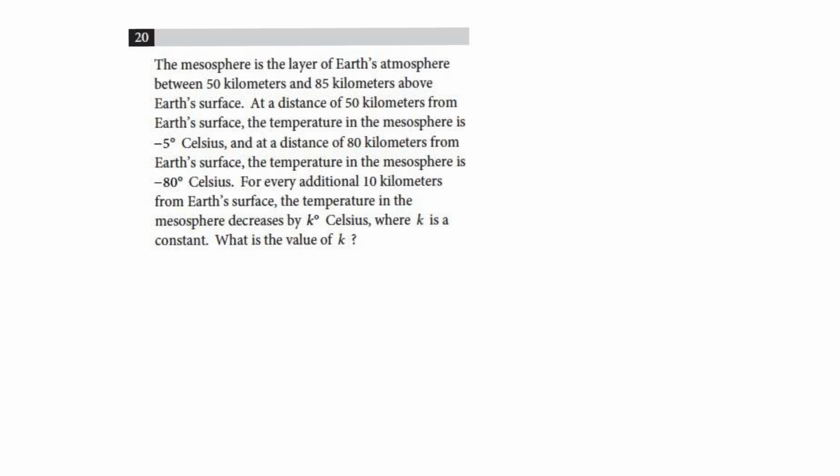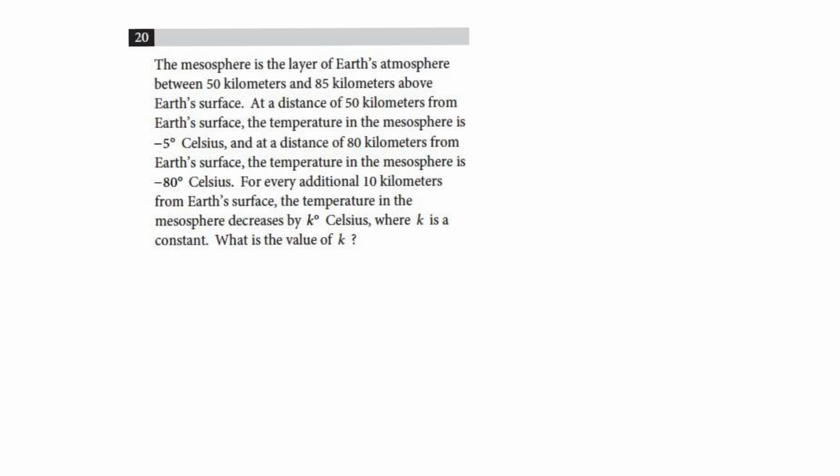What is the value of k? All right, so what they're telling us here is that it's a linear relationship. It's decreasing by k degrees Celsius every 10 kilometers. Okay, so if we know that it's a linear relationship, then finding the average rate of change